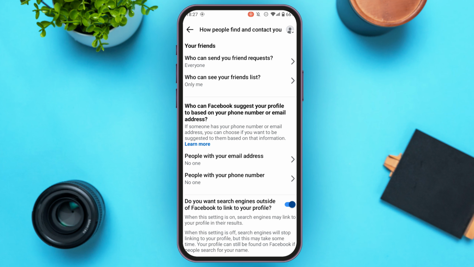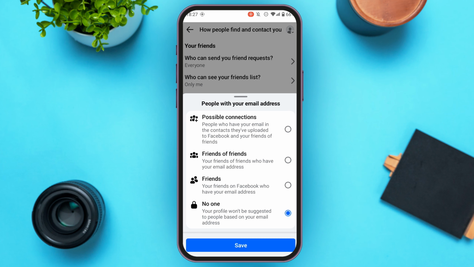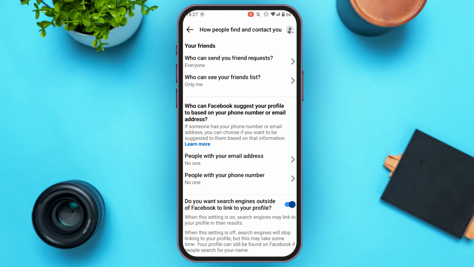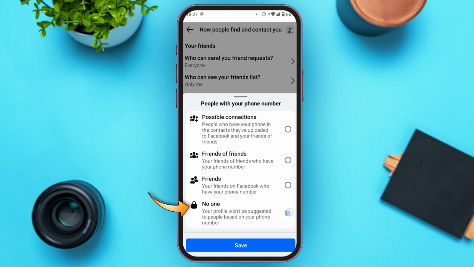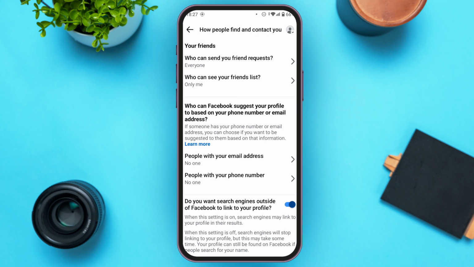Tap on the option people with your email address. Tap on the option no one over here. After that, tap on the save option. Likewise, tap on the option people with your phone number. Tap on the option no one. After that, tap on the save option. Now after you adjust all these options to only me, your profile will be private. So that is how you make Facebook account